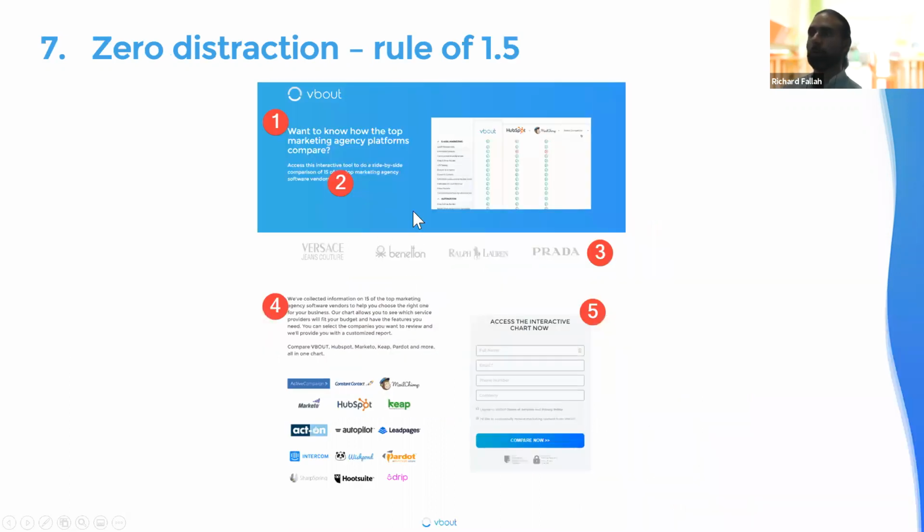Number 7, try to use the zero distraction method on your landing pages. I call it the rule of 1.5, and I'll explain. The rule of one is using one CTA. Your pages should have one purpose: to convert via a form, for someone to opt into something, to click or watch a video. You have to have a rule of one, but your page should include five very powerful and essential elements. Number one, you need to have a proper headline and a description